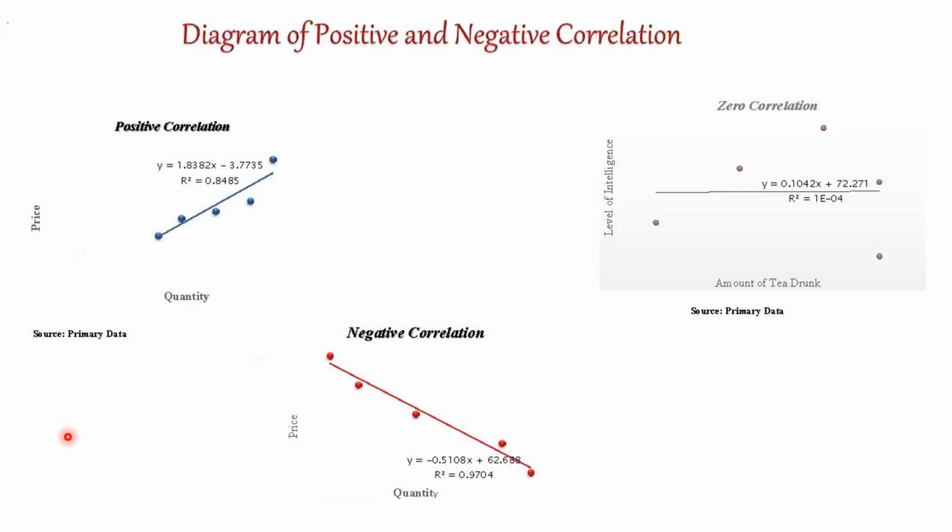And if we were to depict it with the help of a line, for a positive correlation, for example price and quantity, the line would be going up, at 45 degrees or something, the angle will depend. Whereas if we were to graph the negative correlation, the line would be going down. And if you were to graph the zero correlation, there would be no correlation amongst the points. As you can see, this is the regression line, or whichever we want to call it, but all the points are apart. So in a nutshell, this is correlation.